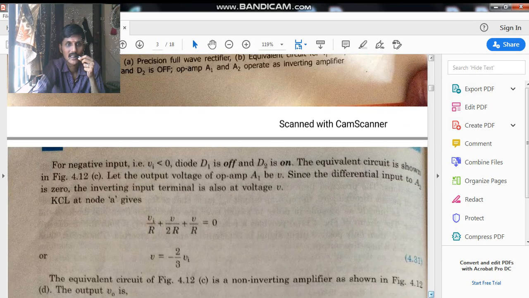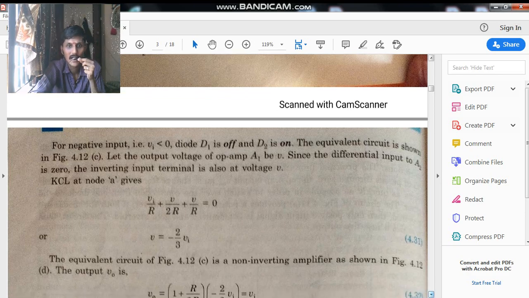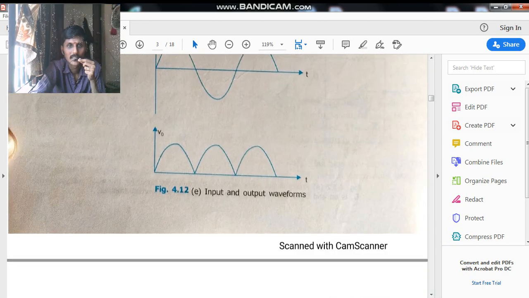In the similar case, when the input VA is negative, that is lesser, the diode D1 is in the off state and D2 is in the on state. The equivalent circuit diagram is shown in the figure. We got that output in one half cycle, where one diode is on and the other is off, and based upon this the waveform is obtained. In the positive half cycle, the diode will be on and in the negative half cycle, the diode will be off. Then again on, then again off.